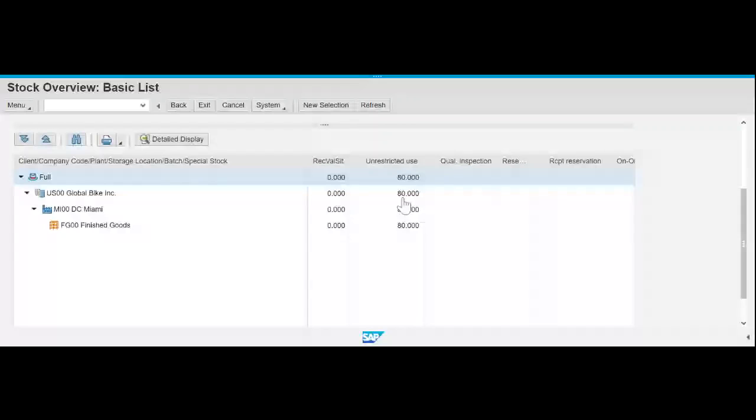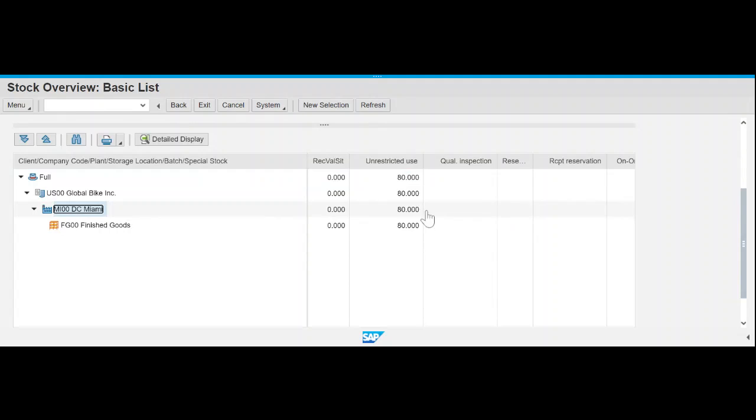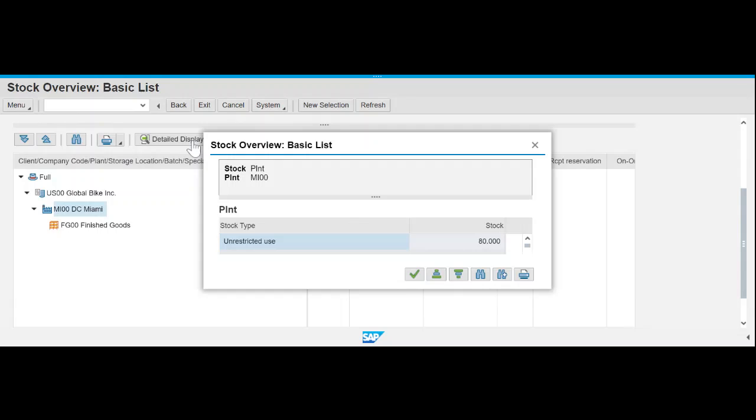And as you can see here, let's say I want to select Miami, and select the detailed display icon. If I select this one, it will show me more detail about my order. If I keep scrolling here, stock is 80. Keep coming down: reserved, transfer, the detail about inventory movement,